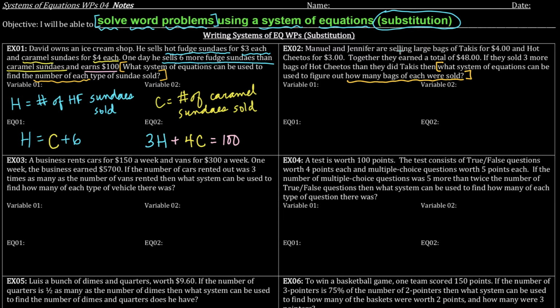So, Takis were $4, and hot Cheetos were $3, and they gave us a total of $48. And then it says they sold 3 more bags of hot Cheetos. We're talking about hot Cheetos. 3 more bags of hot Cheetos. Then